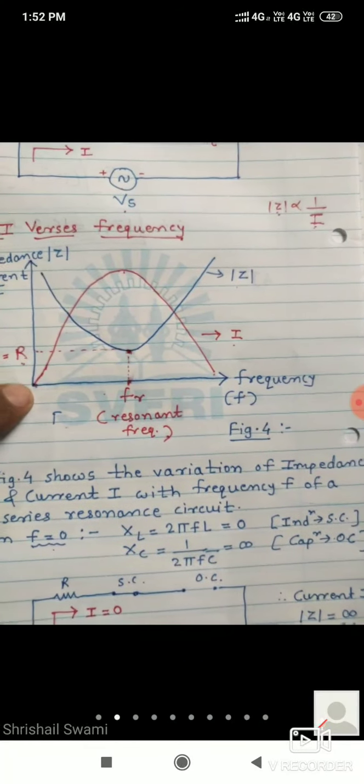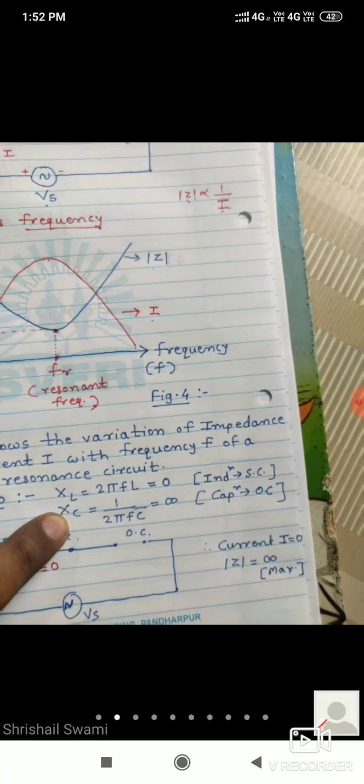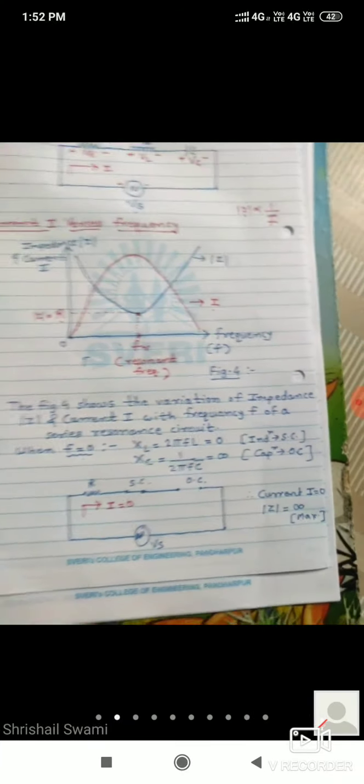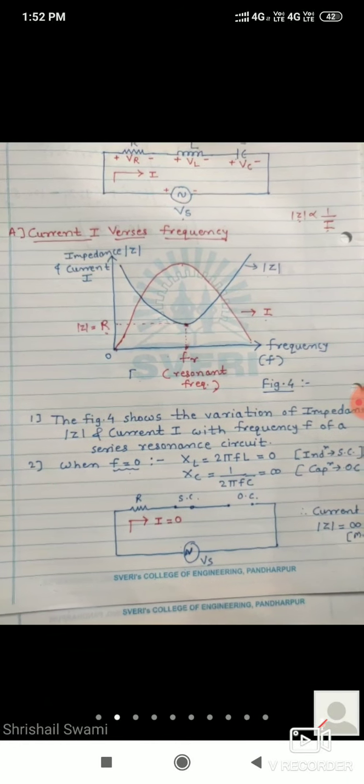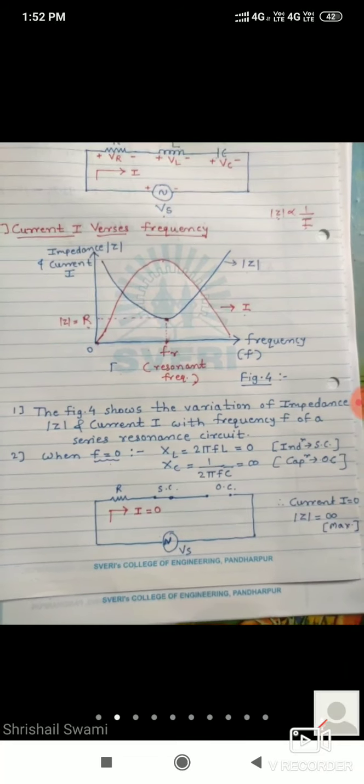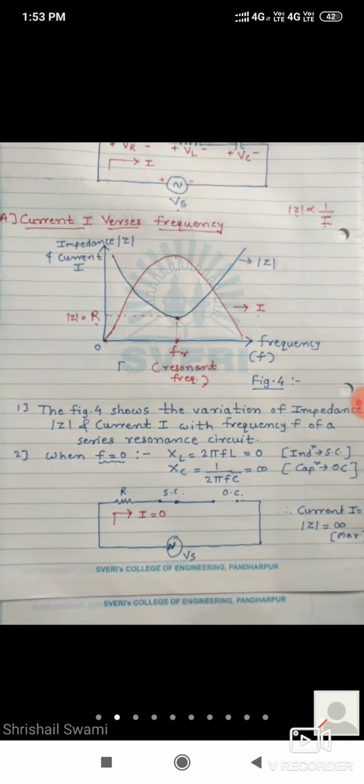What is the equation of Z? Z is equal to under root R square plus bracket XL minus XC bracket square. आता XC जास्त असतो. At zero frequency XC is infinite. बरोबर आहे? त्यासाठी Z चं व्हॅल्यू काय येणार? Infinite. Okay? Understood? Up to this point anyone doubt? इथपर्यंत कोणाला डाऊट आहे? If not, we will start the next point.